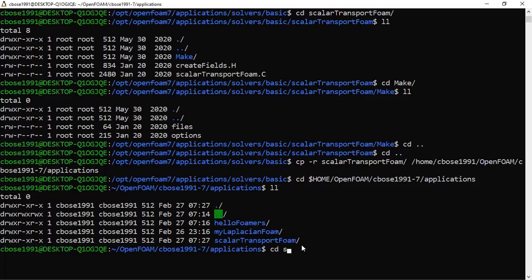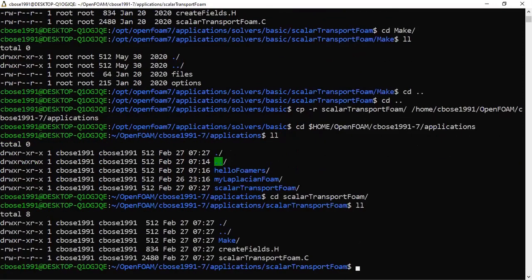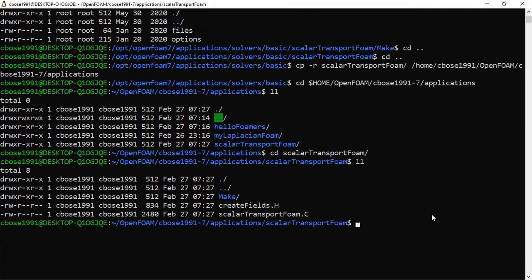Okay, so let's go into that folder, and as I've already shown you, there is a .C file which we will modify. Okay, fine. So let us now go into the source code. As I told, this is the main source code which we will modify. So first rename this source code by just moving it.